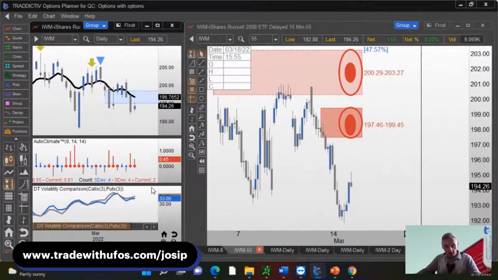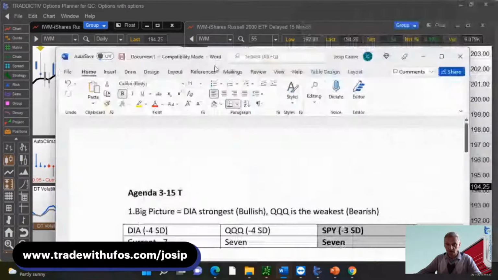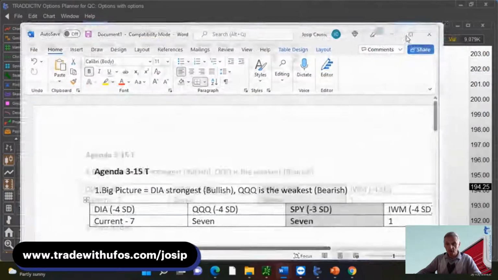But if there's one of these that could move up, and I was already pointing out to you earlier when I was looking at the bigger picture, there is a chance that the IWM, which is creating higher lows as of now, could cross above the 9-day exponential moving average and go a little bit higher. But we are not done with our analysis. We're just noticing that IWM in relationship to the SPY looks way better. But we are not done. We also have the diamonds.